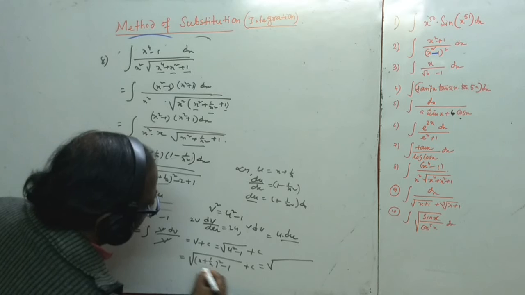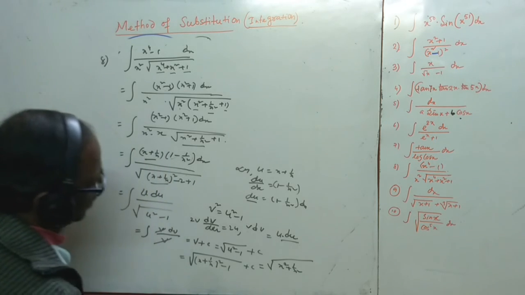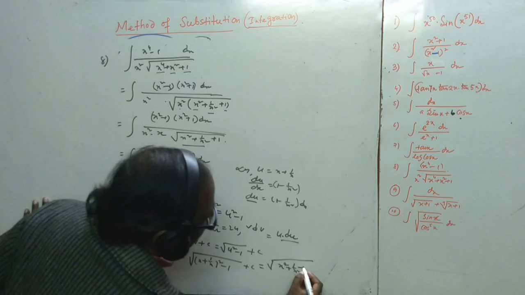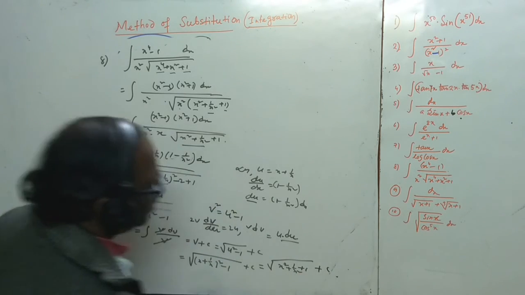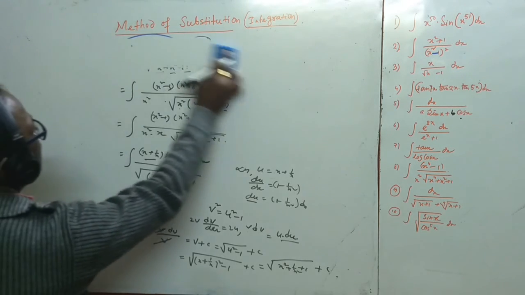So expand the formula: x square plus 1 by x square, and 2ab, that is plus 2, minus 1 gives plus 1. This is your answer. Okay, last question of this video, that is question number 9, and this is also an